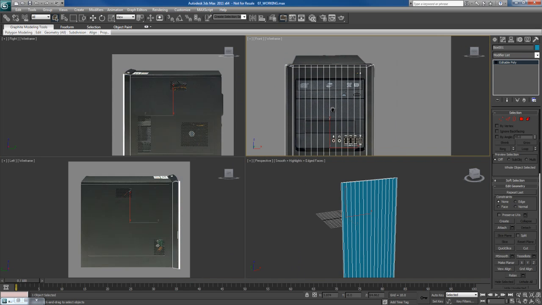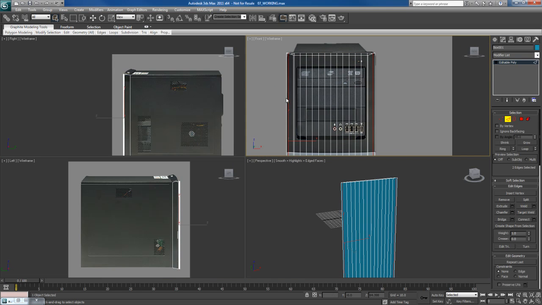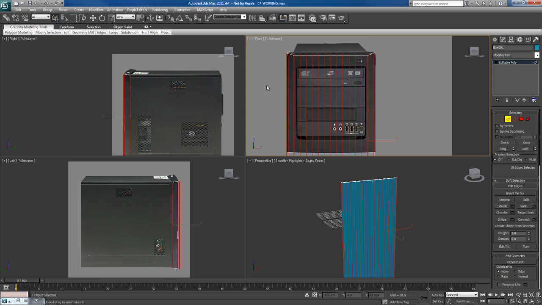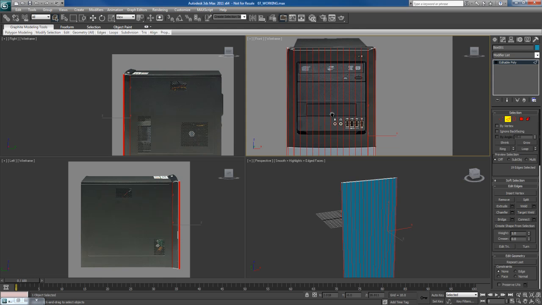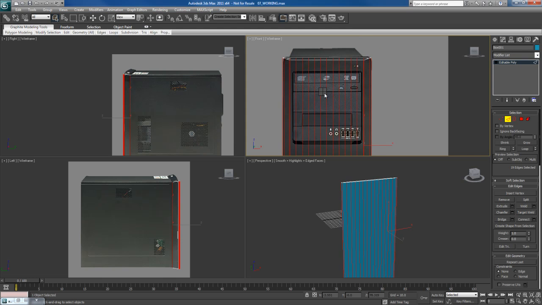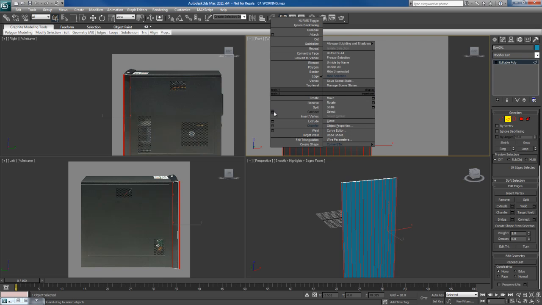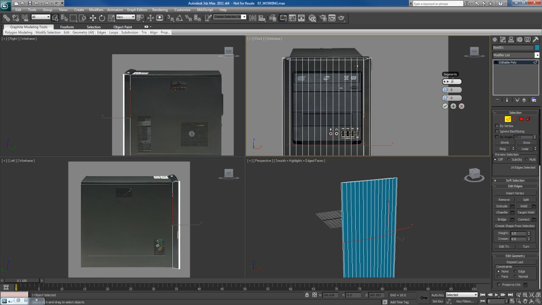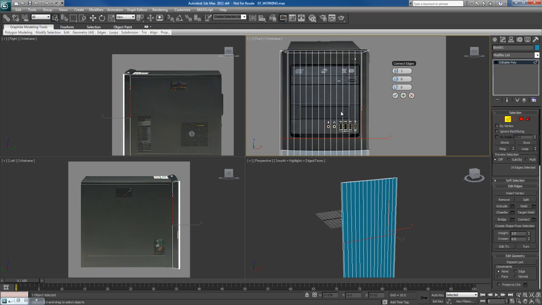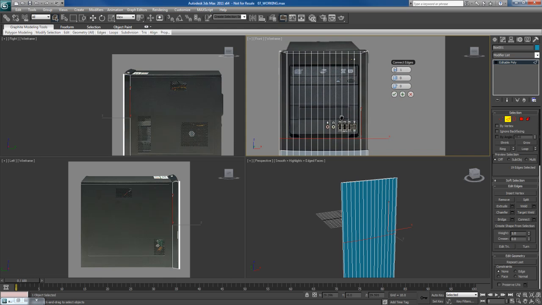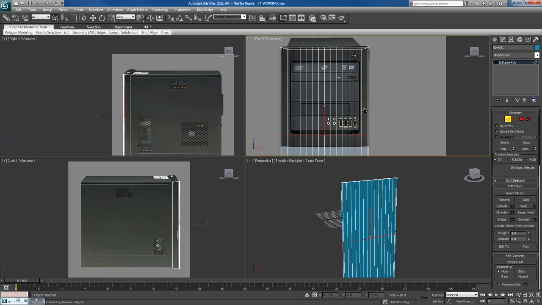Let me just open up my front view here. I'm going to go to edge mode. I'm going to select all of the edges right here across the middle of this object. And what I'm going to do is go to the quad menu, to the connect options here. Make sure your segments is set to 1 and everything else looks like it's good to go. So I'm just going to hit the check mark over here, hit OK,